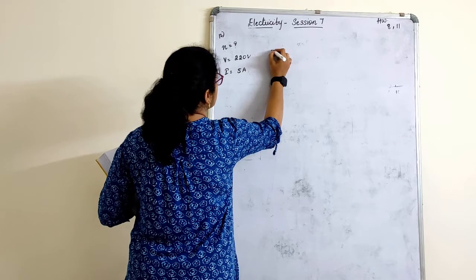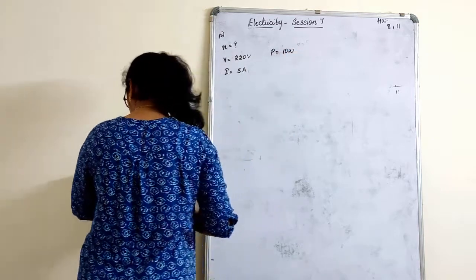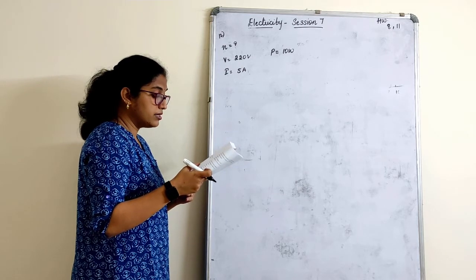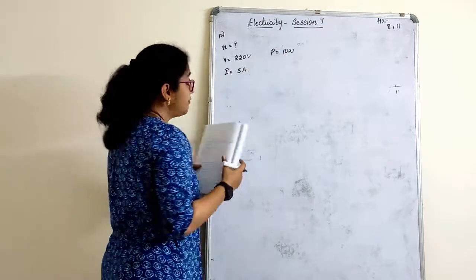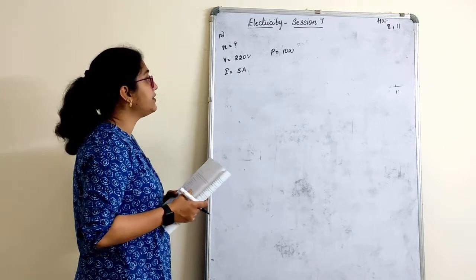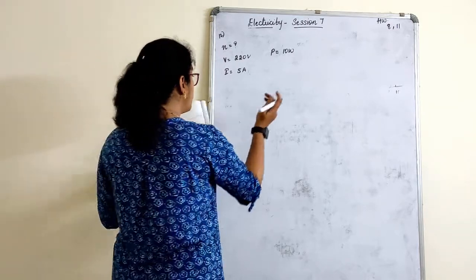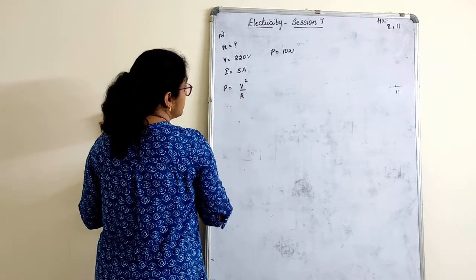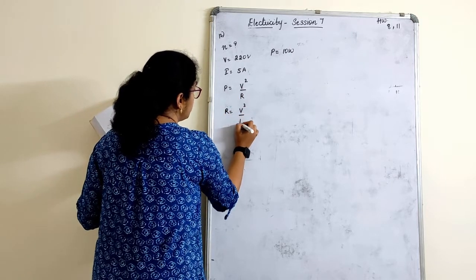So, P is equal to, how much have they given here? 10 watt. The resistance of a bulb is given by the expression, where the bulb has a rating of 10 watt. Using this, we have to find the resistance. Only if I find it using V and I, it will be different. Since they have given us the power also, let's make use of this. What is the formula? Power is equal to V square by R.